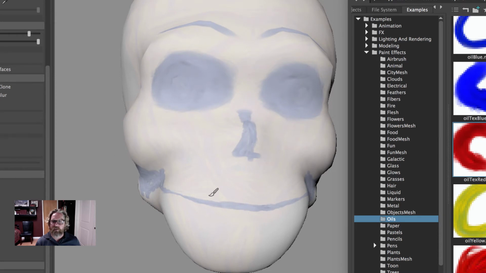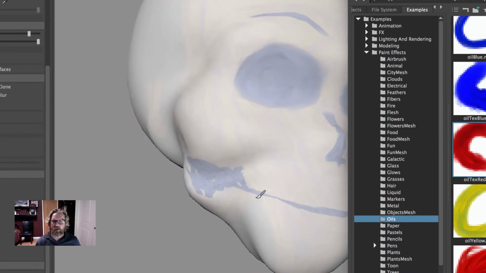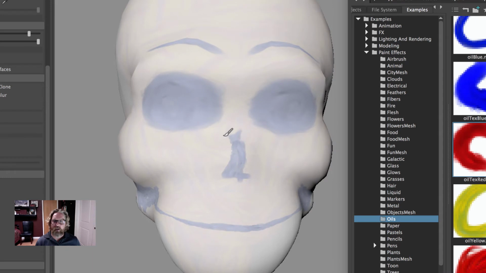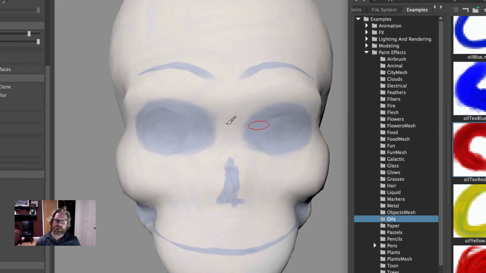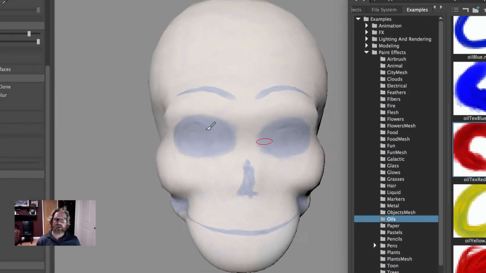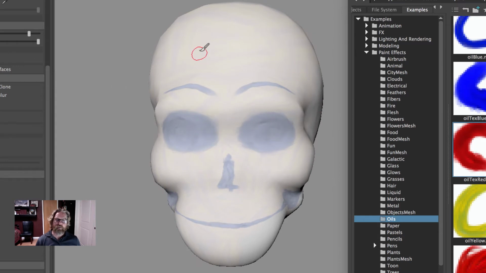Maybe we want that to be very thin on the edges, right? I didn't make that very thin, but I can come back and update that. Maybe you think this is too close, right? You could pull it off that way. Hitting the Z key 3 times to undo. So just some basic blocking, and then